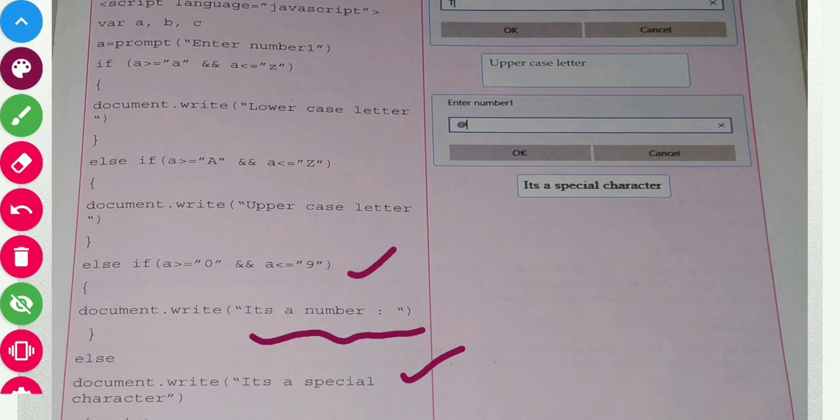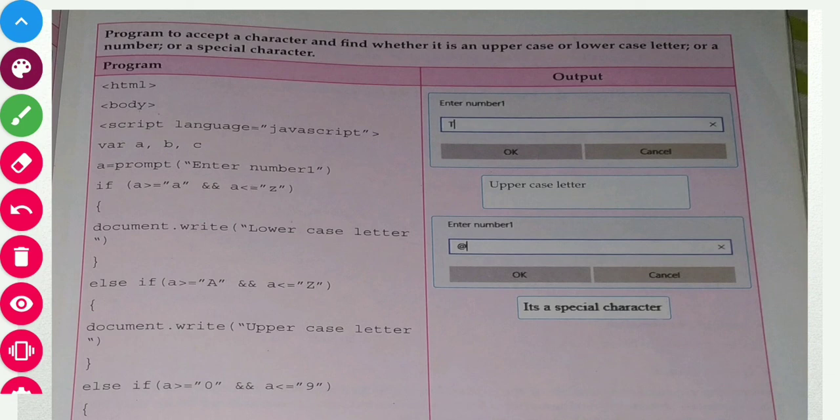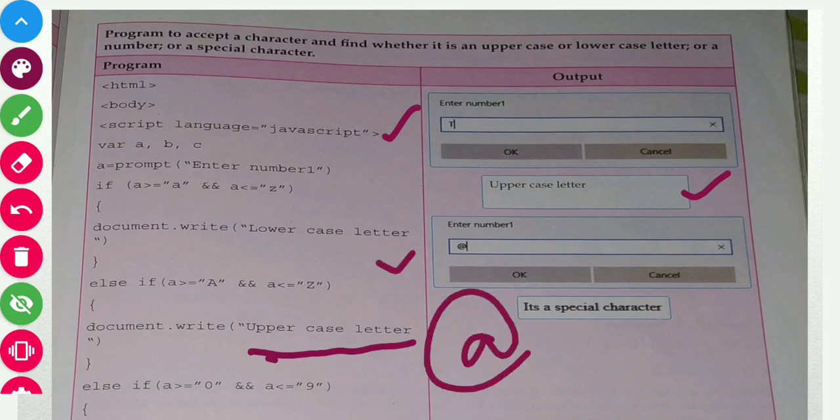This is a simple one, meaning the user will enter either small letters, capital letters, or digits. If it is none of them, then it is directly a special character. So we'll write down the output here. You can see, friends, the user entered the letter T, so T will match this condition, and you will get the message uppercase letter. And in this case the user entered the @ symbol, so we know that it is a special character. It is not a capital letter, not a lowercase letter, and not a digit, so it will get the message special character.